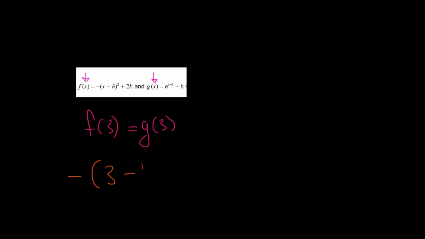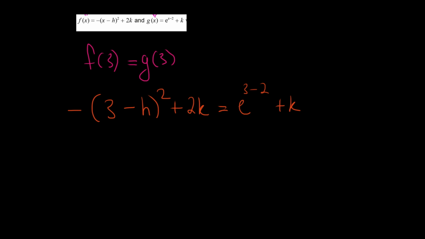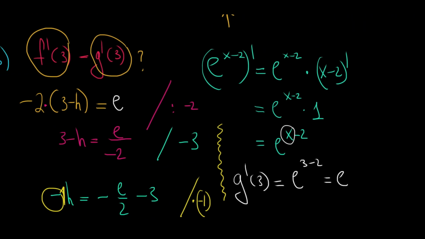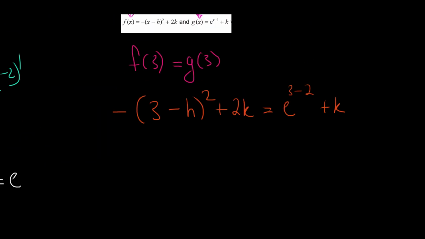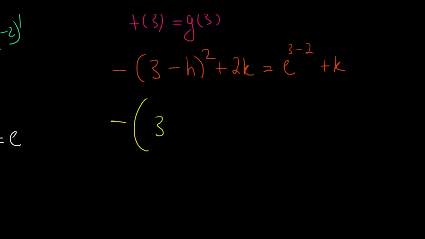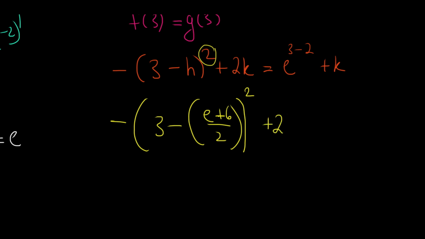3 instead of x minus h to the power 2 plus 2k equals g of 3, and g of 3 will be e to the power 3 minus 2 plus k. Okay, then instead of h, I'll be having the following, which I solved somewhere here. I have to substitute e plus 6 over 2. So 3 minus, instead of h, I put the brackets, e plus 6 over 2, close the brackets, and then I have power 2 for the entire bracket,